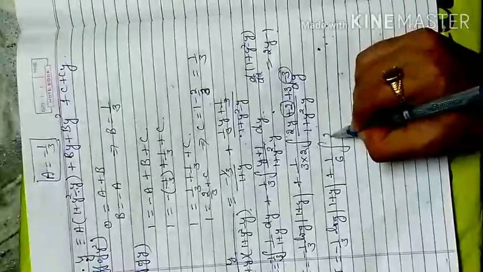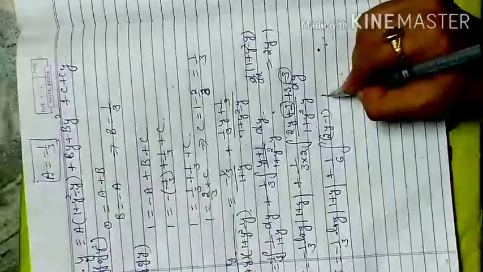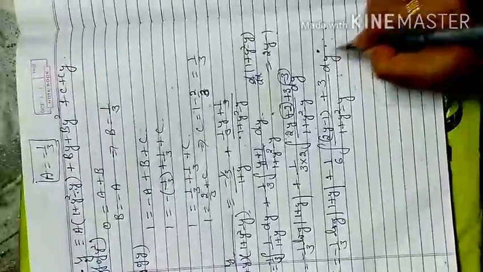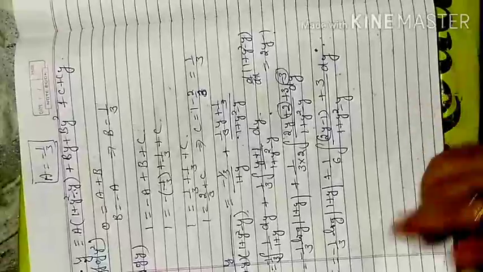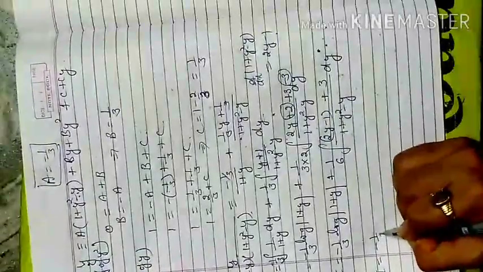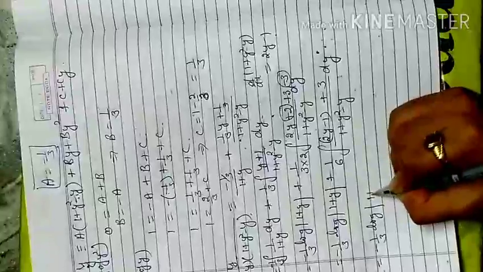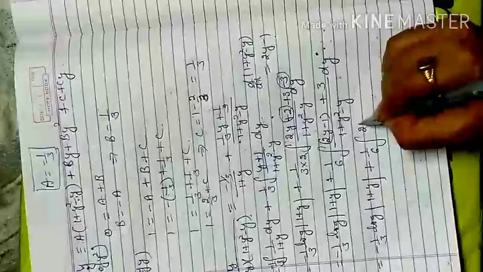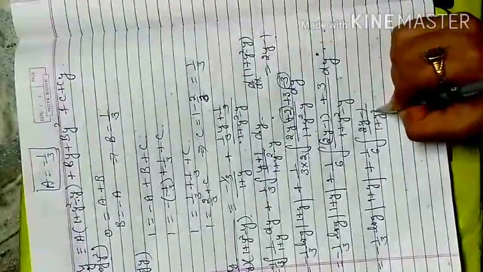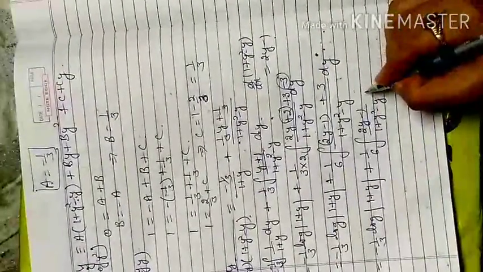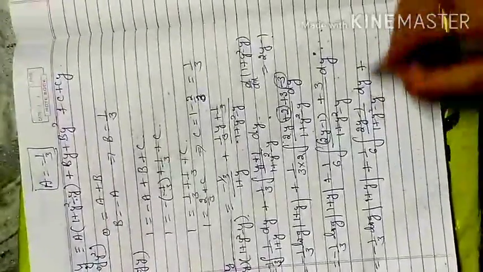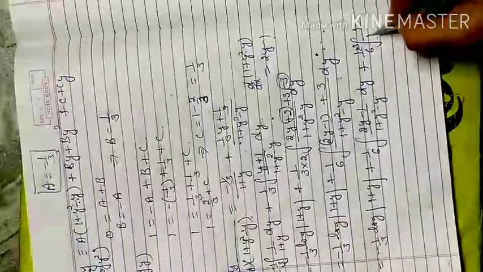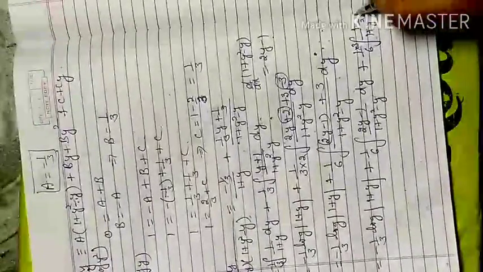Now you have to arrange this one. 2y minus 1 keep it aside, plus 3 keep it aside, over 1 plus y square minus y dy. Now you have to separate this one again. I is equal to minus 1 by 3 log 1 plus y plus 1 by 6 integral of 2y minus 1 over 1 plus y square minus y dy, plus 1 by 6 integral of 3, I keep it outside, 1 over 1 plus y square minus y dy.